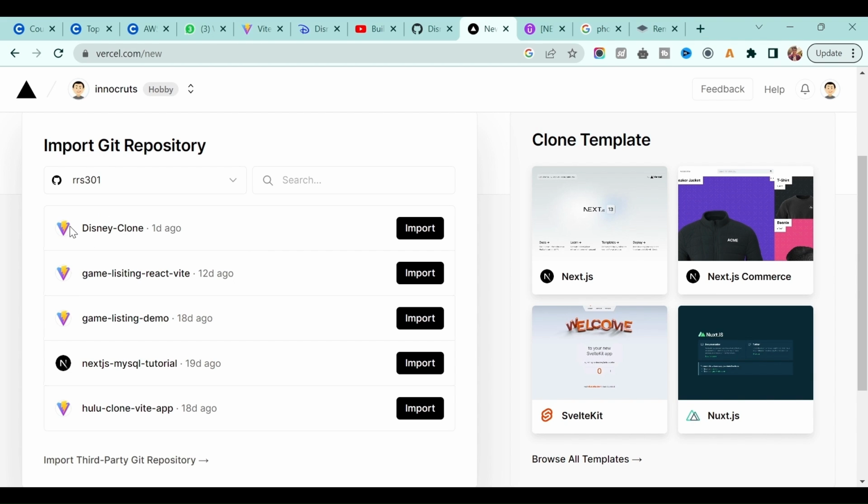Okay, and once you push your code, you will see the project name over here, right? Whatever is in GitHub, it will display here, and you will see this icon. This icon is the Vite icon, because we created the application with the help of Vite. The only thing you need to do is click on import.